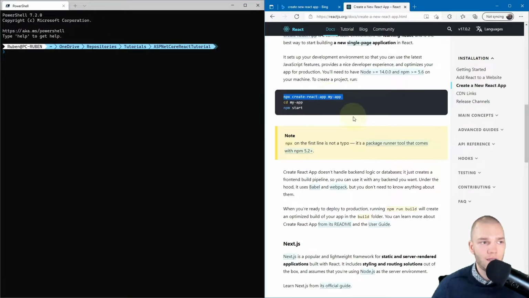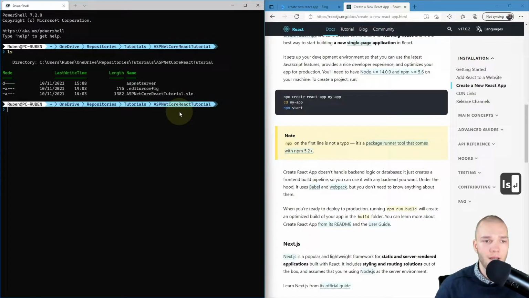So it's npx create-react-app and then your app name, and I want to create it next to our server project, so I'll just type ls and make sure I see ASP.NET Server there. So we're in the root of our solution folder. Right, so I'll just run the command.